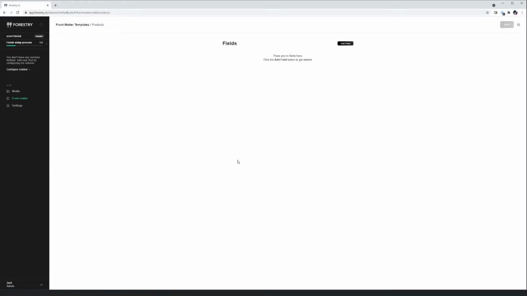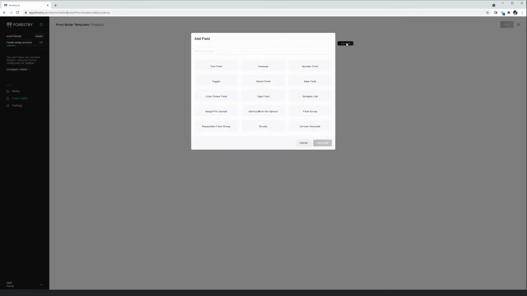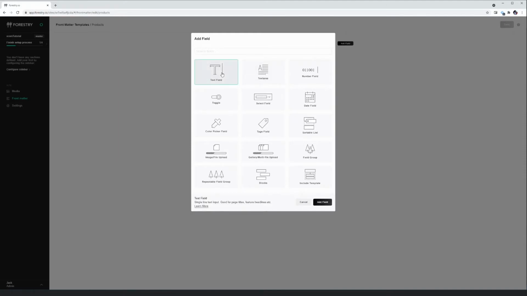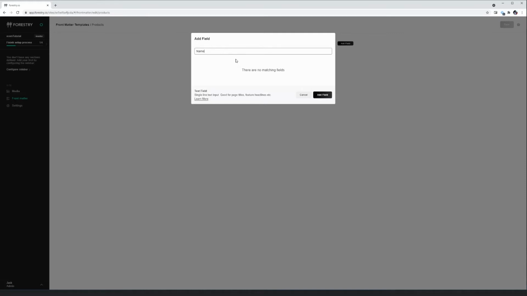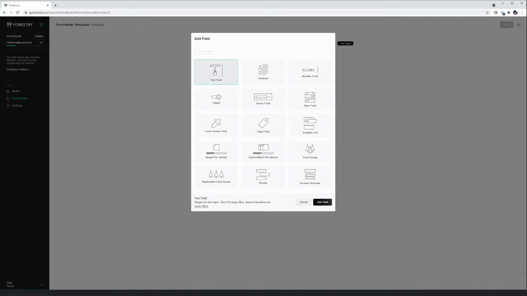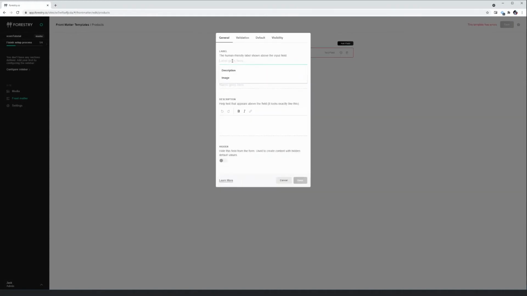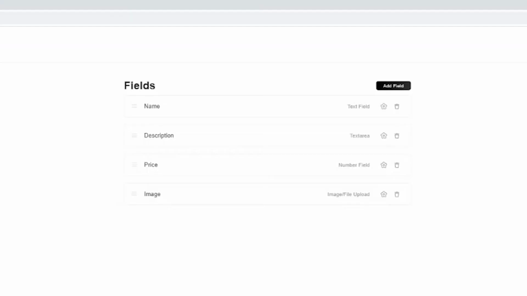Inside this template, we need to add our fields. So this would be like our price, the image, the title, the description. So we click Add Field. Then there's a bunch of different options. We're going to use a text field and call it our name. We're then going to repeat this process for all the fields we want. For the sake of the video, I'm just going to fast forward here and show you all the fields I ended up with. I think this is a good starting point for a store, but you can customize this as